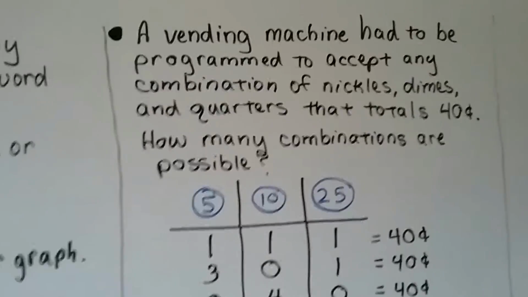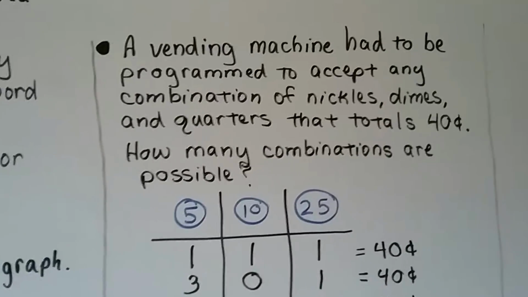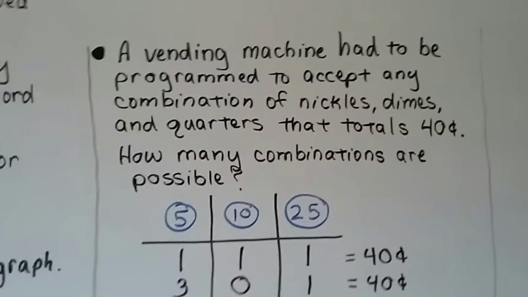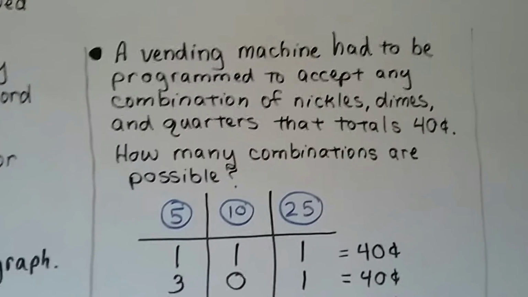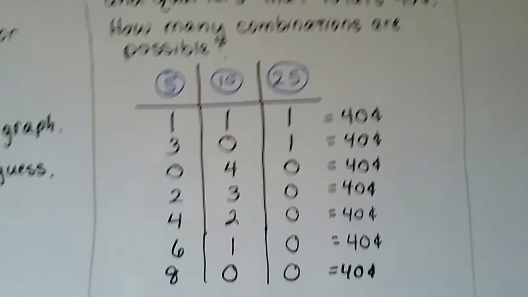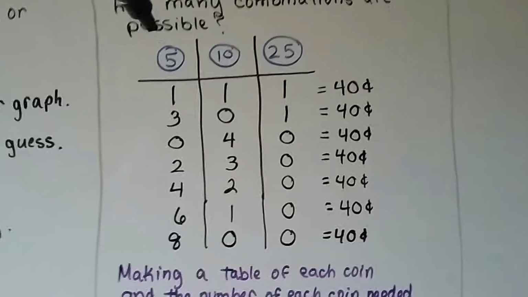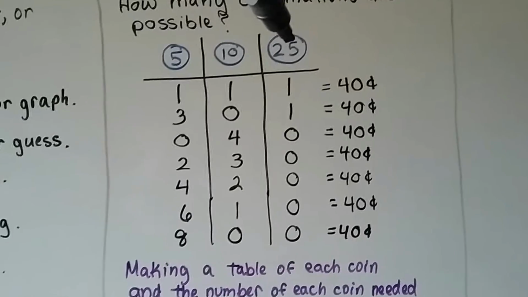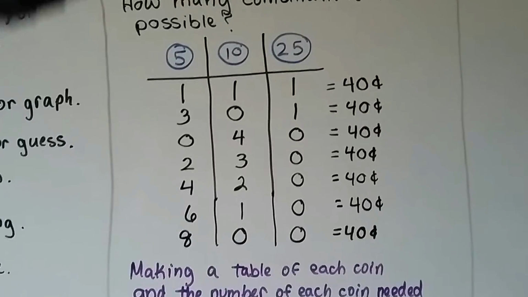All right, a vending machine had to be programmed to accept any combination of nickels, dimes, and quarters that totals 40 cents. So how many possible combinations are there? What we can do is make a list. We make a column of 5 cents, 10 cents, and 25 cents for the nickel, dime, and quarter, and we